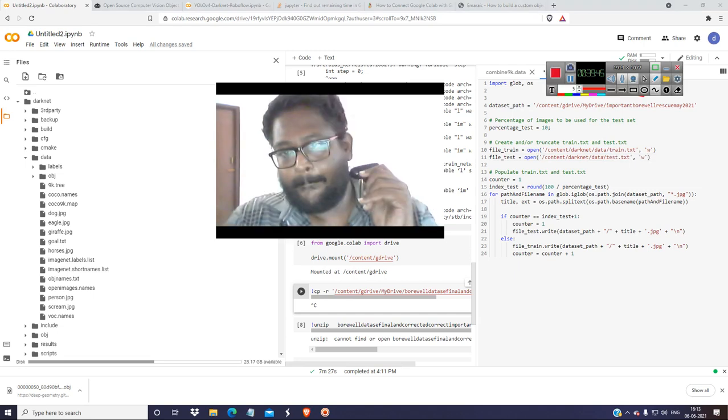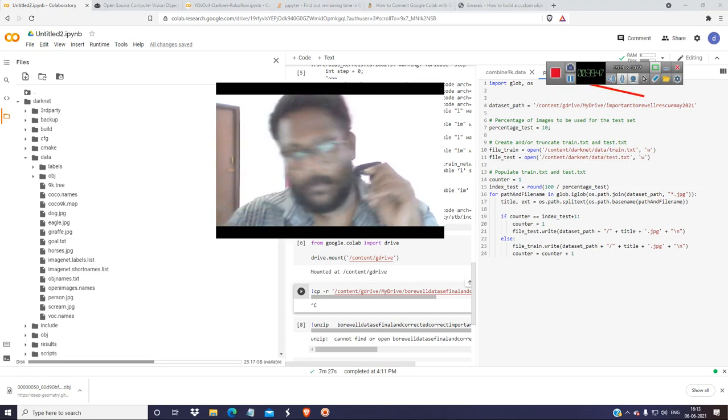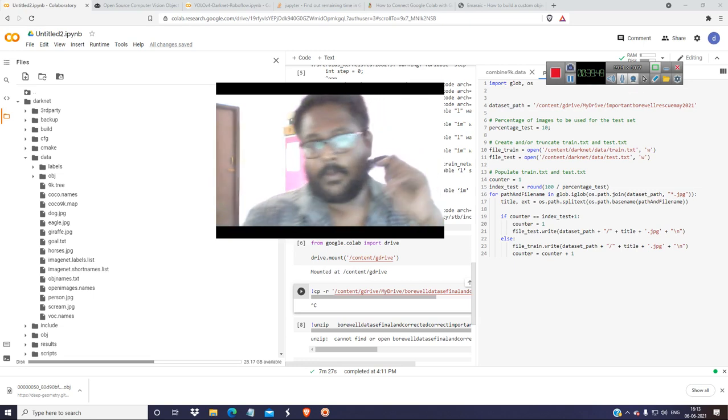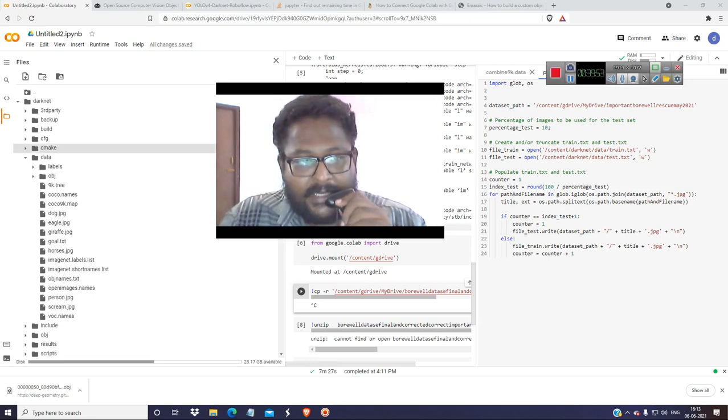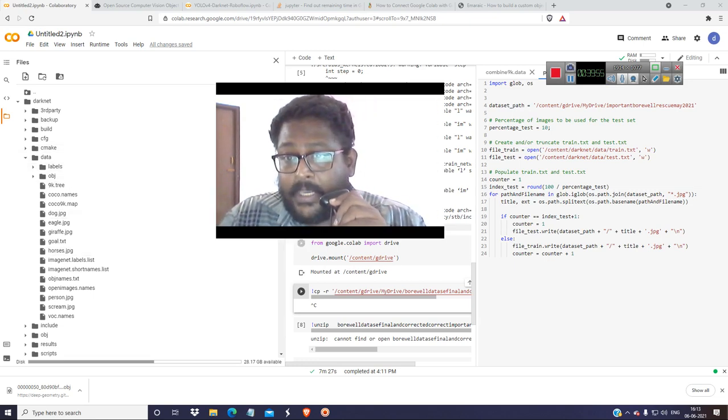Okay, wait a minute. So what I have done is I have just pasted the data thing, but I'm using my local drive itself. Okay, the images are in my local drive itself.